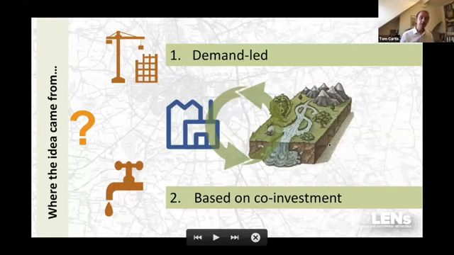And in fact, that forms the basis of our first Lens co-trade. So the second key component or tenet of Lens is that it's demand-led, but it's also based on finding out where there are overlapping interests in the landscape and opportunities for co-investment. And clearly what that does is it means that Nestlé or United Utilities aren't carrying the can for that whole landscape, which is great for them. It means that they're more likely to invest and less exposed if they invest in that landscape. It also increases the size of the pot, straightforwardly.